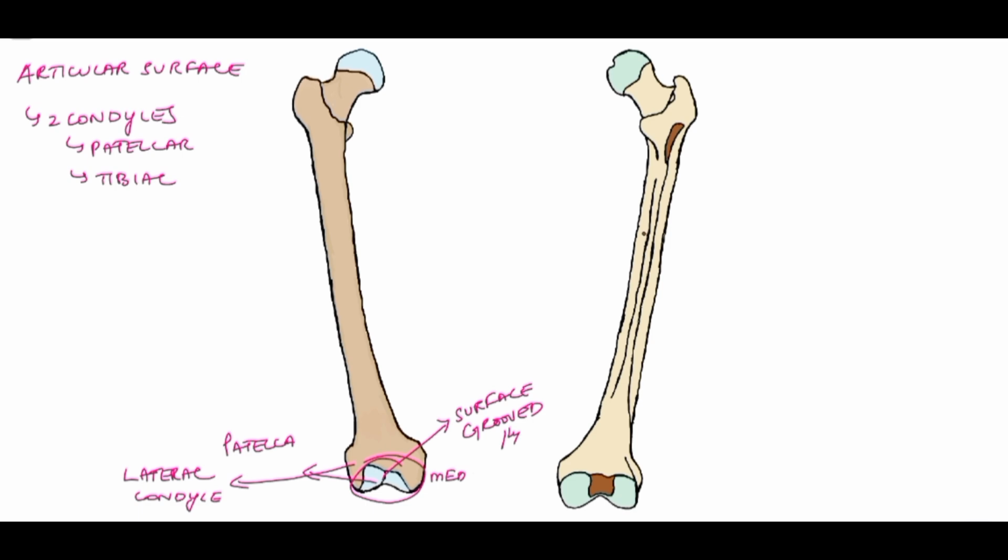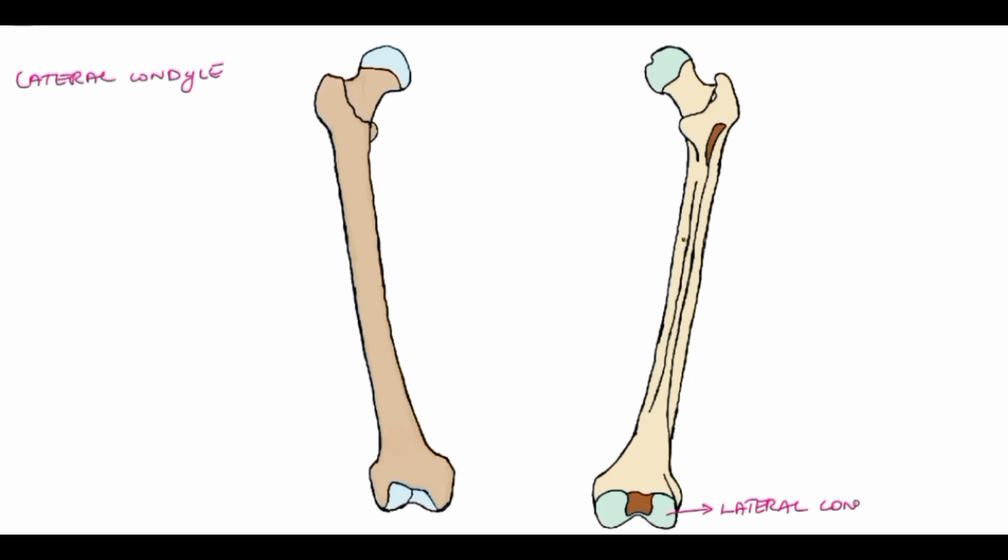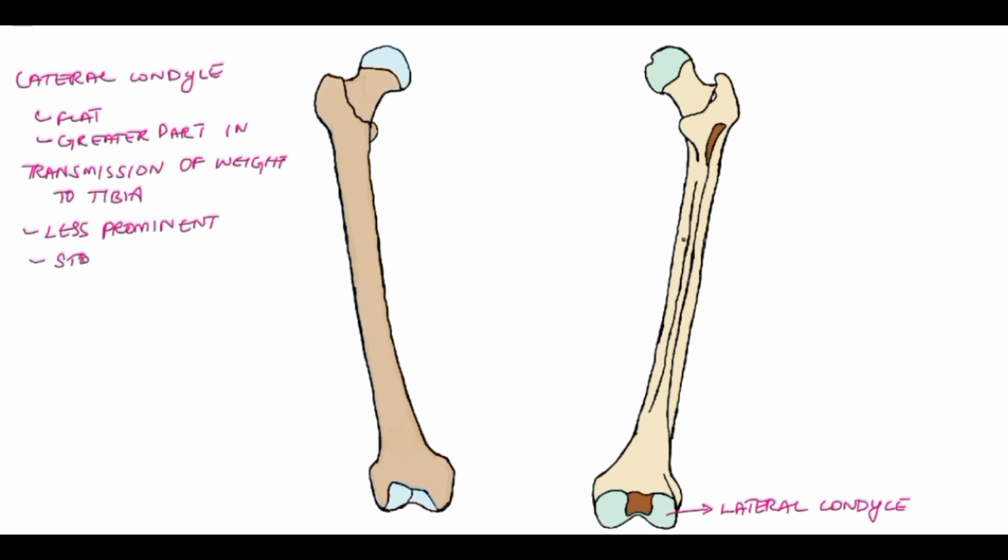Part of the surface over the lateral condyle is short and straight anteroposteriorly. Part over the medial condyle is longer, curved with its convexity directed medially. Lateral condyle is flat laterally and more in line with the shaft. It takes the greater part in the transmission of the body weight to the tibia, though it is less prominent than the medial